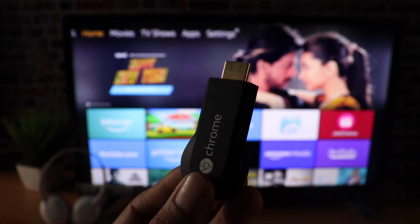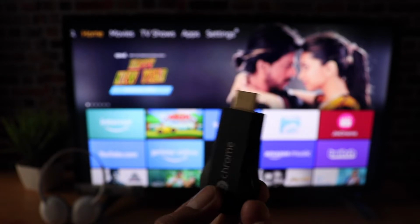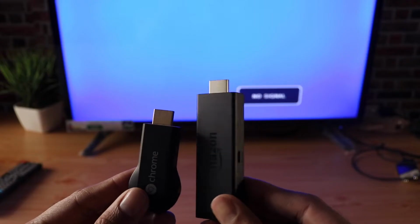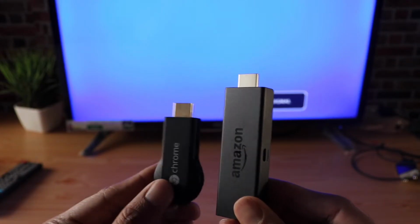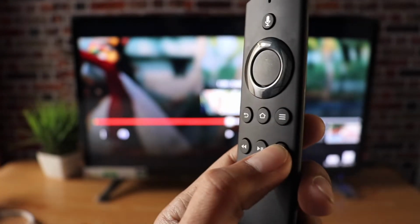Hey guys, so I've been using the Chromecast for almost 3 years now and I really loved it, but recently I switched to the Amazon Fire Stick. Now here I'm going to talk about 5 reasons or 5 features, pros and 3 cons or issues that I